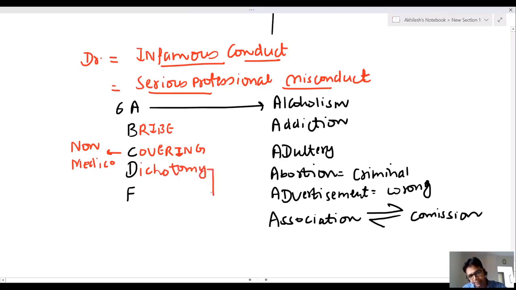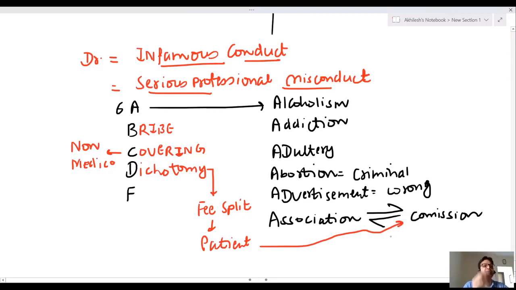What is dichotomy? Fee splitting. The doctor takes commission and splits the fee of the patient. This is also a kind of commission association. The doctor is getting the fee from the patient and he's giving commission to the other doctor. He's giving commission to the drug manufacturing company. He's giving commission to the diagnostic company, or he's taking commission. This is dichotomy. And the last is making